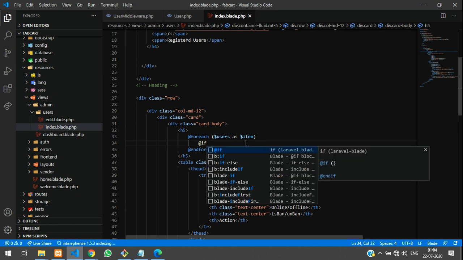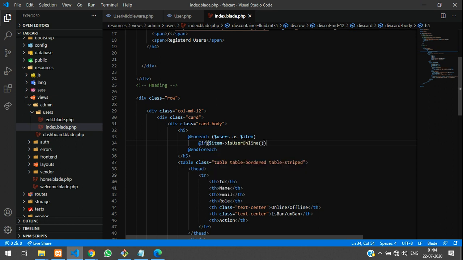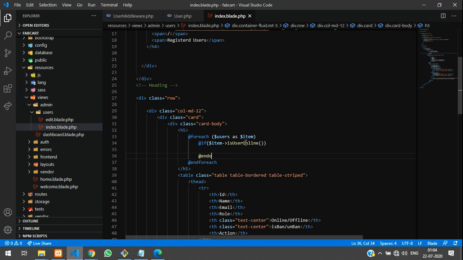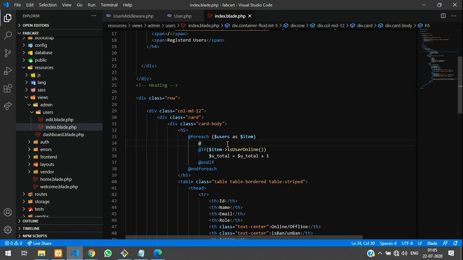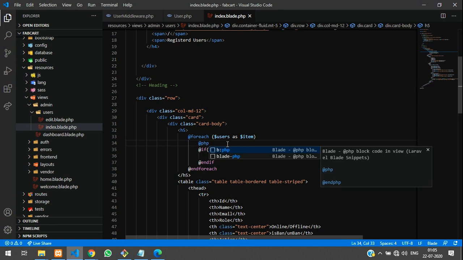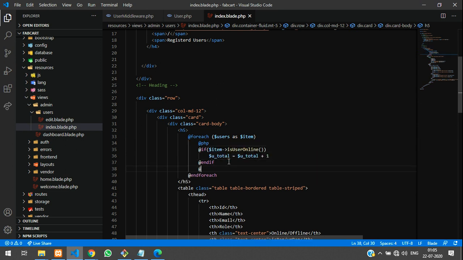If online, then $u_total is equal to $u_total plus 1, right? Just include it in a PHP tag also, @php and @endphp.